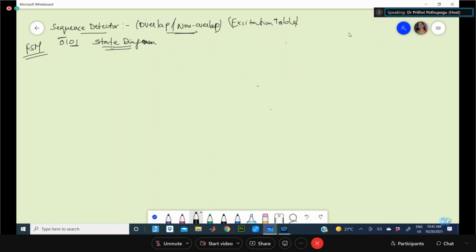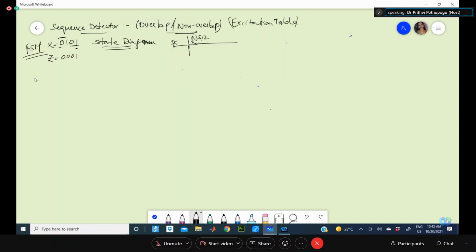Using the state diagram or state table, we need to first give the design in terms of the present state, next state, and output with respect to the input. This is the format in which we have to bring out the problem statement. So this will be the first bit if we are detecting, and this is the last bit we detect. So what should be the output of the sequence? If X is the input and Z is the output, until the 4 bits are found, it should be 0.